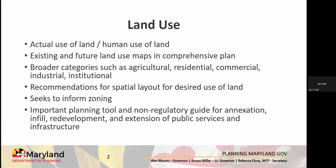So we talk about zoning and land use in terms of land use, as most of us know, is what the human use of the land is. And when we create a land use map, whether it be the existing land use or what we propose for the future in our comprehensive plans, we're showing what we think will be the pattern of land use in the broadest sense, in the broadest terms. We're only going to talk about what? Residential, commercial, industrial, institutional. And then what we do is we use those land uses to actually develop, subsequently develop